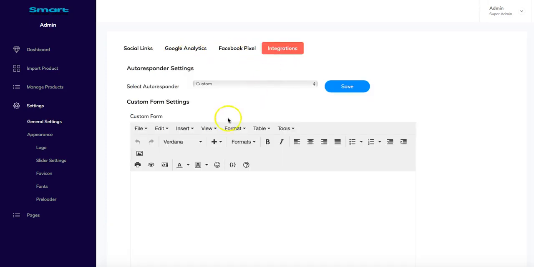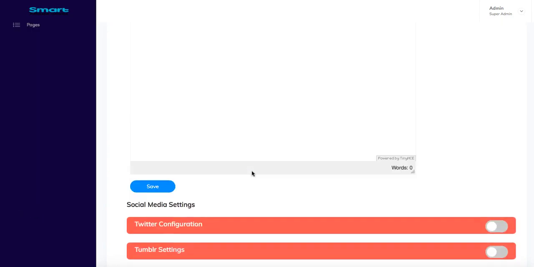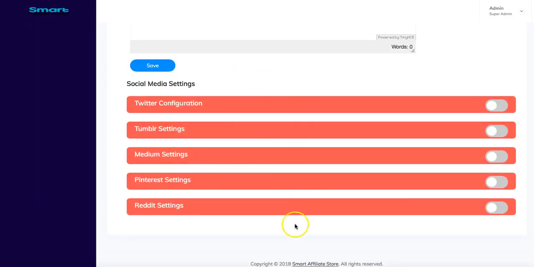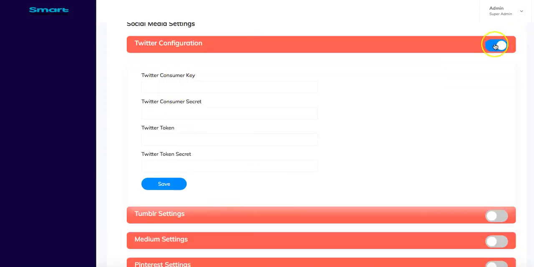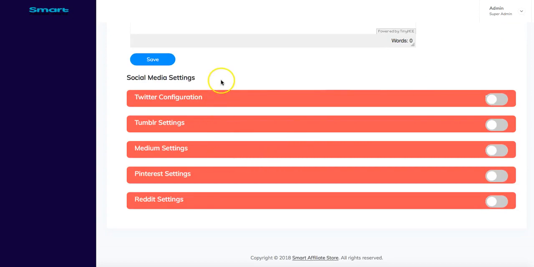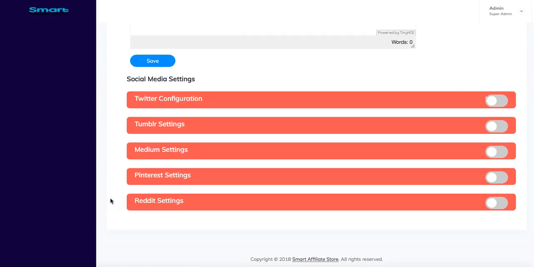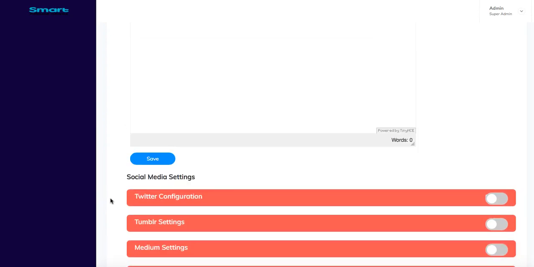By other integrations, we're referring to autoresponder settings, and we've got the social media settings wherein the products will directly be configured. So the moment you switch this on and enter your keys, what will happen is every time you import a product, it will be published to each one of these 5 social media platforms. As a result of that, you start creating social signals for the product that you've created, and since that is a product name, long tail keyword,